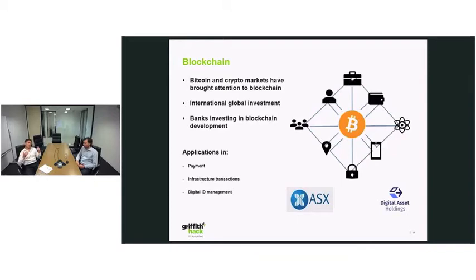But when you move away from the narrative around Bitcoin and cryptocurrencies and look at the technology itself, you find that it is fundamentally a distributed ledger. A transaction occurs between two parties, and a record of that transaction is maintained, and instead of being maintained in a single centralized spot, it's distributed within a blockchain, so there are many recordings of that particular transaction. And most of these blockchains are public and decentralized.